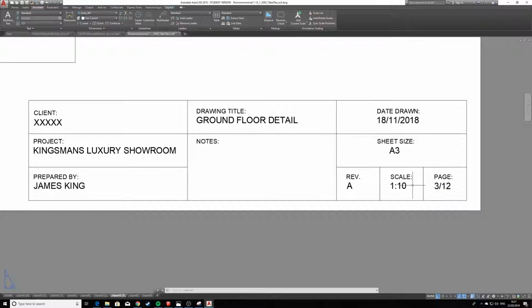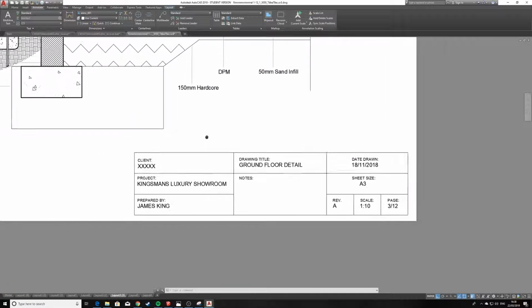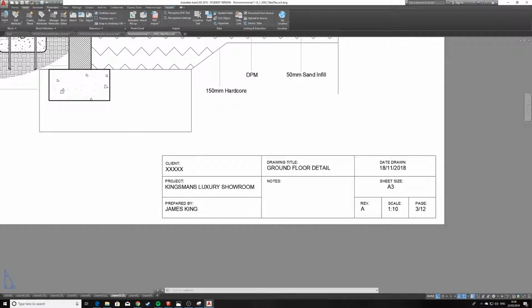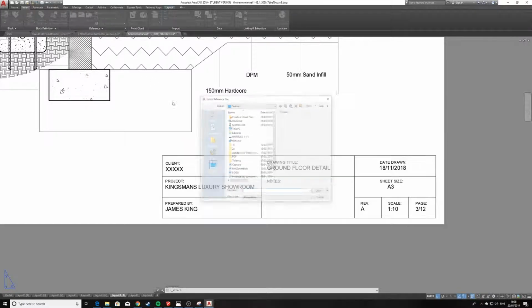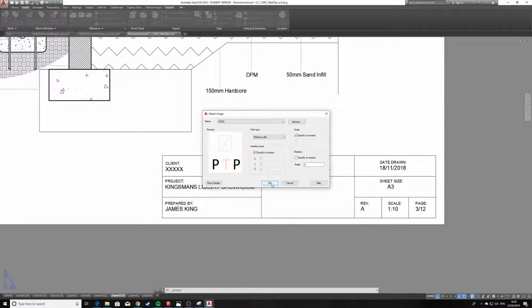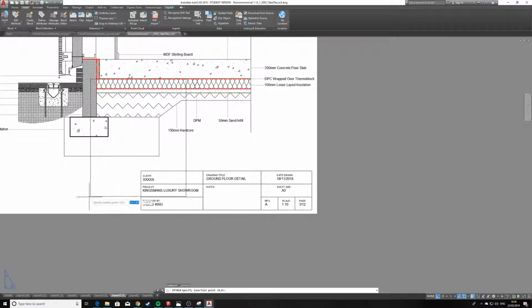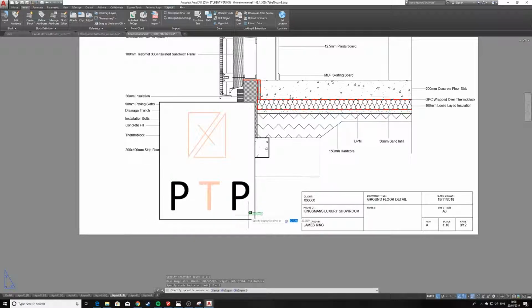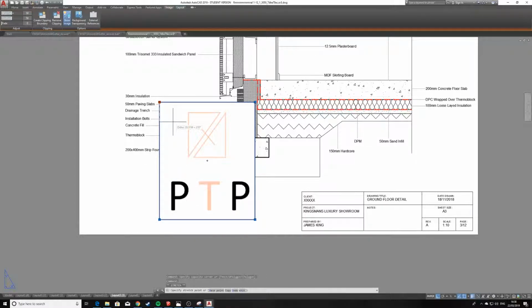So I think the last thing that we're going to show you is how to add a logo onto your title block. This can be really good and effective to show off your group. So if we head up to insert and we go to attach, we're going to find our logo. So this is our logo here. It's good practice to have this as a PNG or a JPEG, and you can import that into there. Now it'll be quite big to start off with, so if you just place it straight away, you will need to scale it down to fit into your title block,